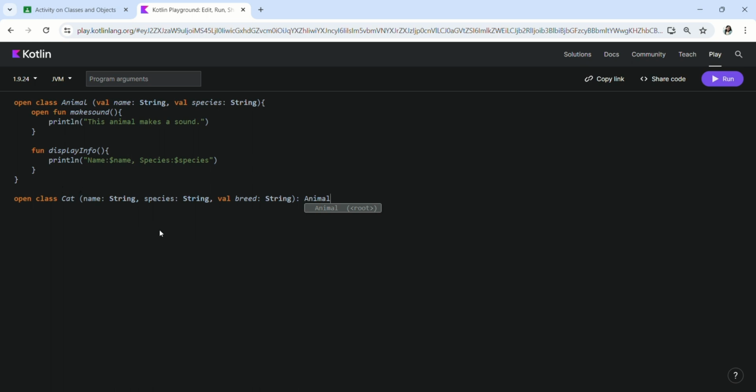The Cat calls the Animal constructor using this: Animal(name, species), with breed as its own property.